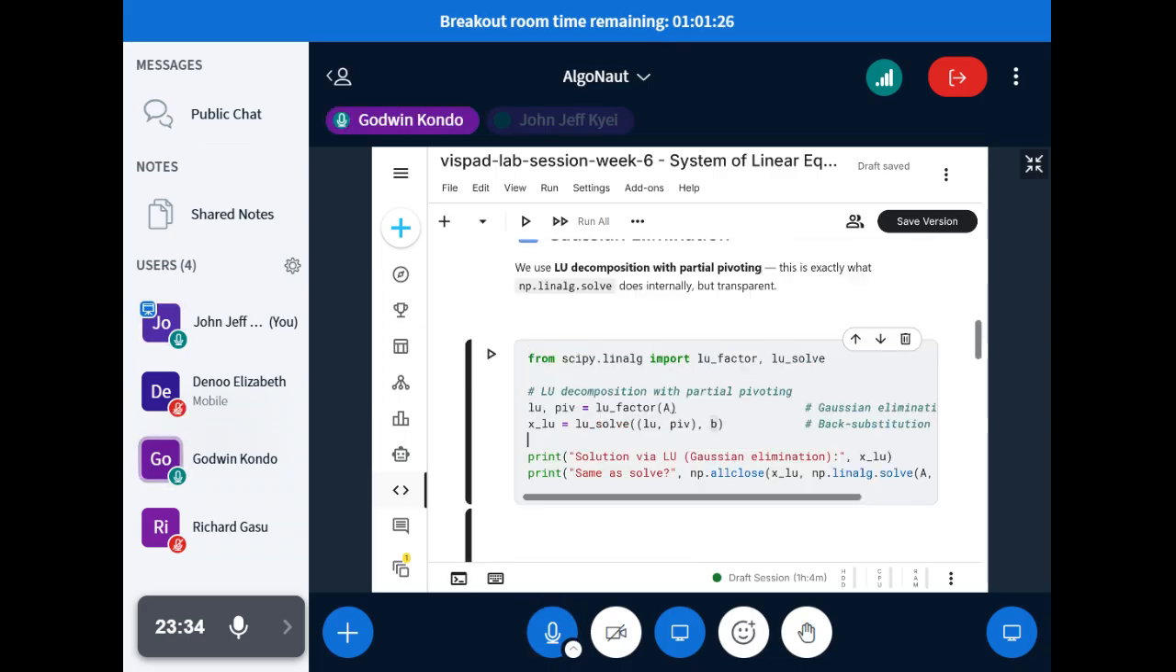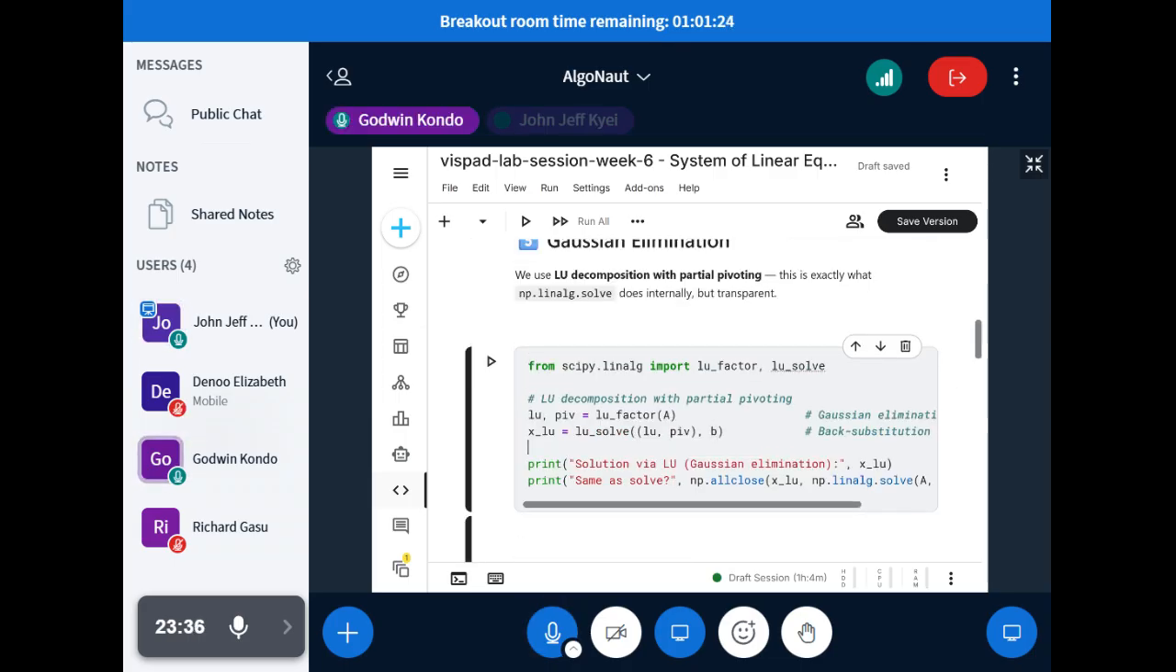The LU command, the pivot, what's the value for it, please? The value we can't see over here because this is doing the calculation for us. The LU underscore factor is doing the calculation for us. So whatever value we have here in our matrix is going to do the calculation and store them over here